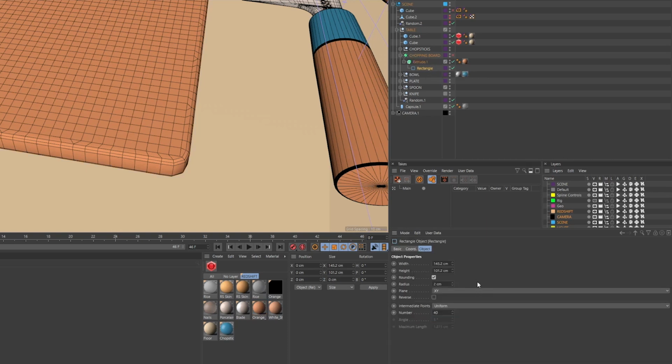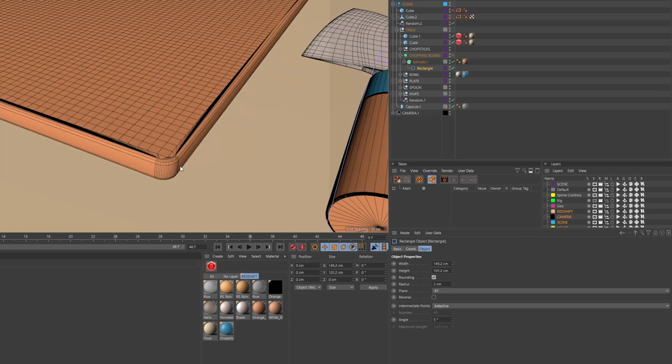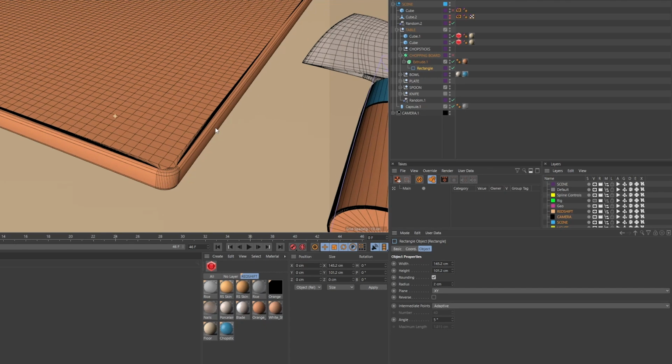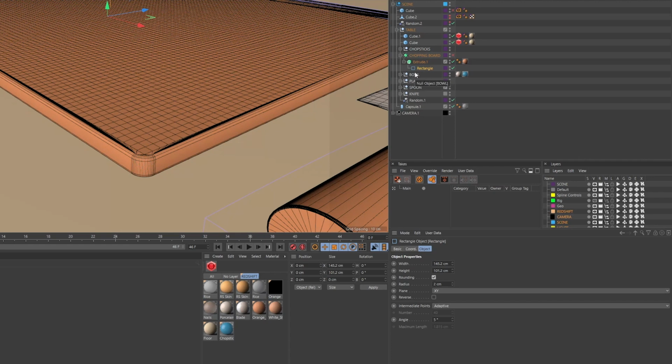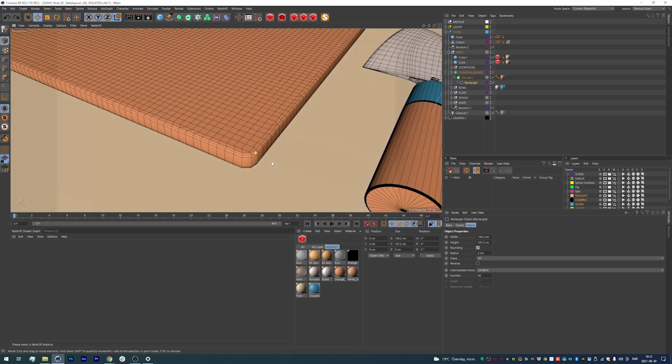And usually with splines, the default is the adaptive intermediate sampling, which just means that Cinema places points along the spline where it's necessary, for example the rounded corners. But if you're doing this, you're not going to get even topology around the edges, which is usually what you want when you want to smooth objects out in Cinema. So if you just hit uniform, you can decide how many points Cinema will distribute along the spline uniformly. I've set this to 40